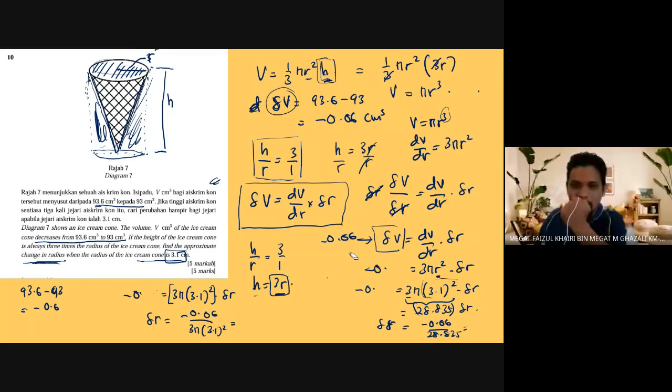So all the 0.06, I make a small correction: 0.6 here, negative 0.6. Okay, negative 0.6 divided by 3 pi times 3.1 squared equal to